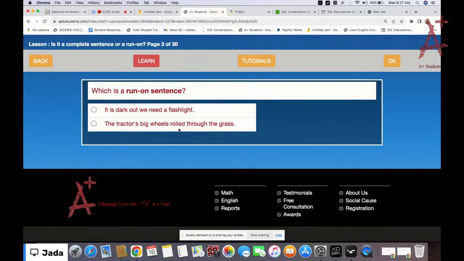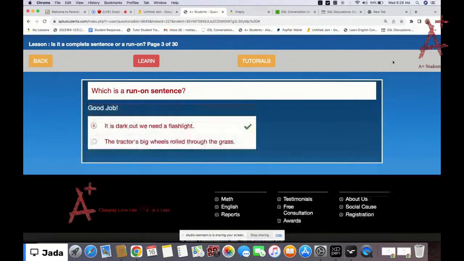Okay, and then it's dark out, we need a flashlight. Okay, so it's dark out, we need a flashlight is a run-on because it's dark out, first, that is one sentence. We need a flashlight, that is another one. So you have to separate both of them and put a comma or a period. And yes,